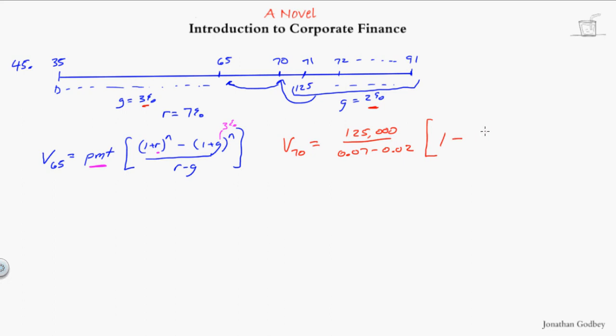1.02 to the 21st, right? Because this is going to be 21. It's 1, 2, up to 21 total payments. That's divided by 1.07 to the 21st. So this is equal to 1,584,866.86. Within the value at year 65, back to chapter 2, is the value at year 70,